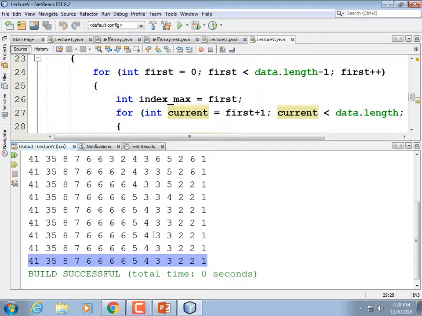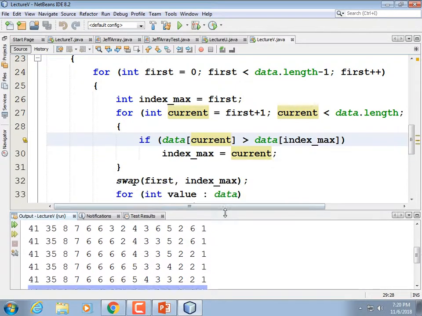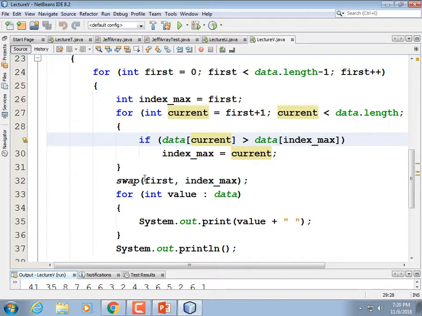Now check it out. At this point, the data is already sorted. We could put some checks in there that if it ran all the way through the loop without finding anything to swap, then we're going to break out of the loop. We don't need to keep running, right? Because what if the data was already sorted right from the get-go? Would we really want to process this loop 20 times, doing 20 comparisons, if the data was already sorted from the get-go? So we could provide an optimization. To do that, we might just want to keep track of how many swaps we had to do. Now I'm not going to bother doing that. But conceptually you can see what I mean, right? Because if the data is